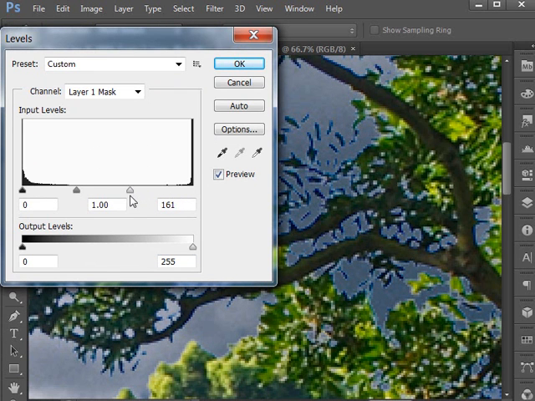I'm going to drag it until we are at a value of about 165. Doesn't have to be exact, but you see at 165 it's cutting off the highlights, and so that fringe is starting to disappear. I'll take my midtone slider, and we're going to set that to